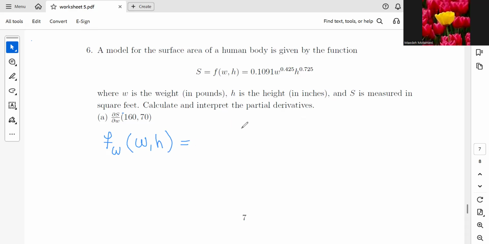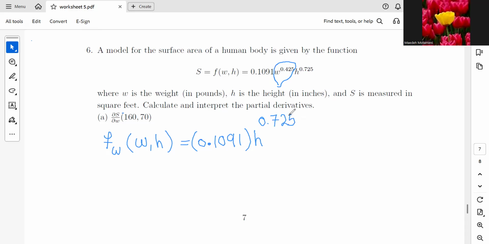So we choose the part that has W in it, which is this part. This is W to the power of a number, something like x squared. In order to find this, that's the usual formula of power function. And we would keep all other numbers besides that. So we would keep 0, 1, 0, 9, 1 here. We would have h to the power